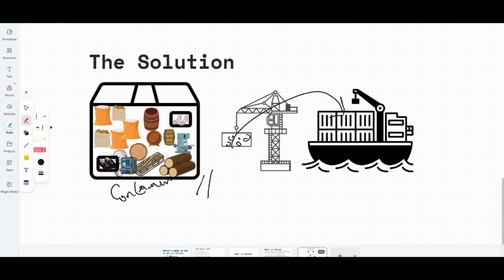cost is going to go down, and whatever unfavorable condition was causing the loss of goods would go down because everything is inside the container, and this container is now moved onto the ship or a train or any other transport system that needs to take this cargo